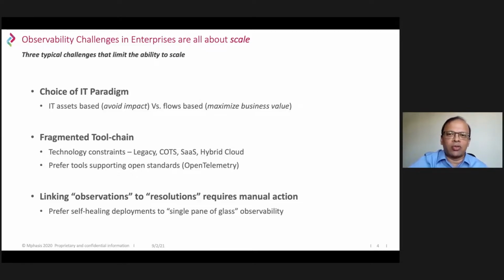And the last part that we have seen, again related to paradigm, is when you observe that there is going to be a potential issue or there is an alert for a potential issue, what typically happens is that we have a support team or a production engineering team that notices that there are potentially amber or red flags, and then they double click, triple click, drill down to figure out where the potential problem is and what remediation action is to be taken.